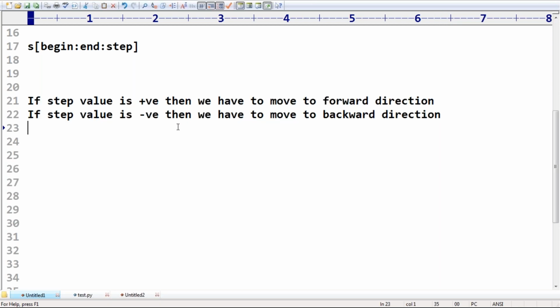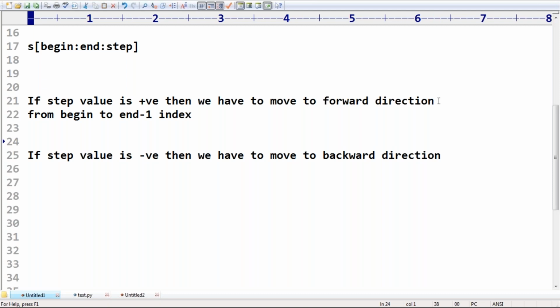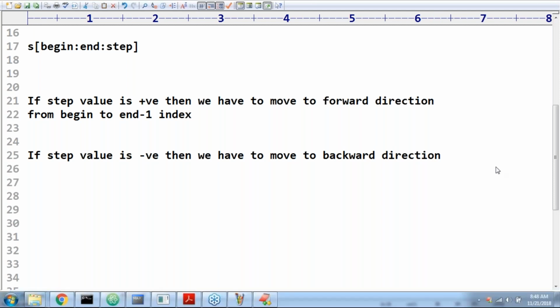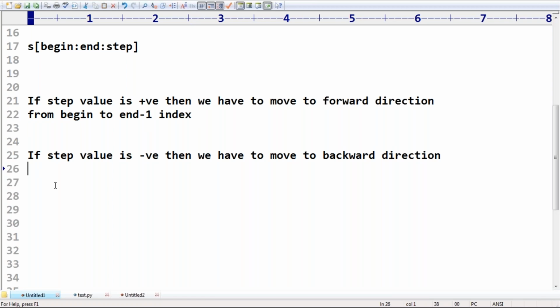Okay, so purely based on the step value, we decide whether we are going to move in the forward direction or backward direction. Remember that, sir: if the step value is positive, then we move in the forward direction from begin to end minus 1 index. Already I covered that. If the step value is negative, then we have to move in the backward direction